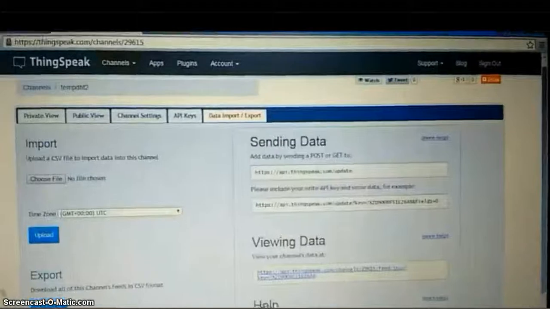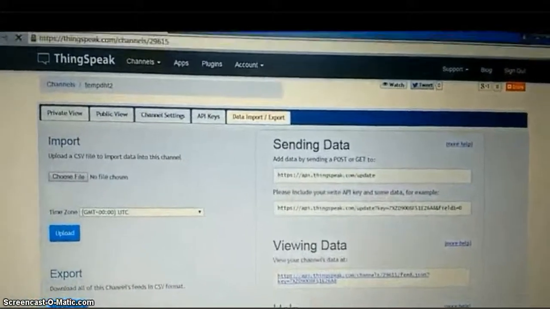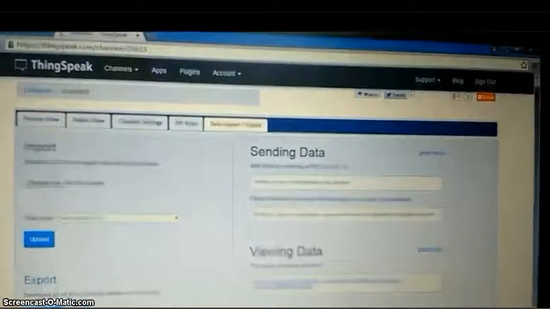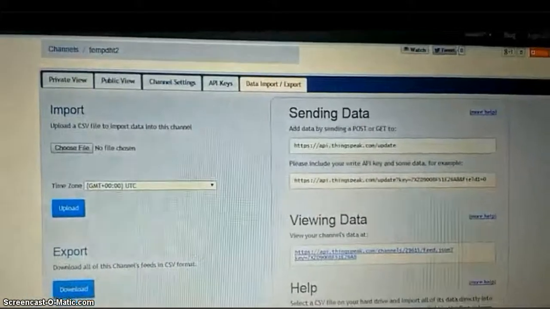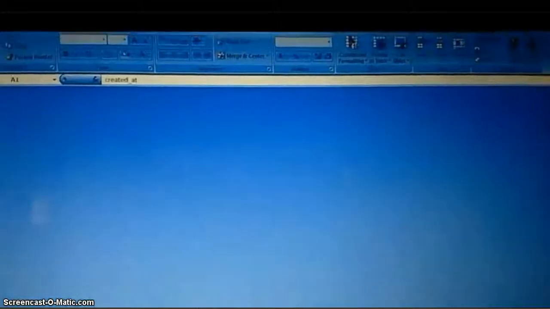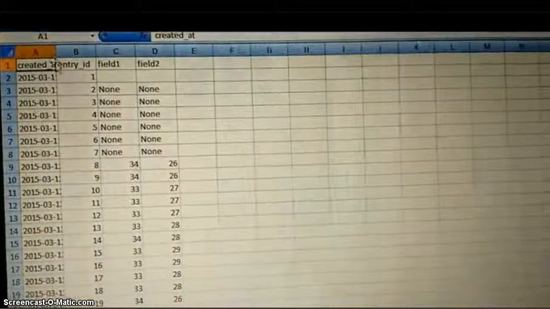The channel feed supports CSV formats for integration into applications. The data is stored in CSV files with the time and date of entry and the entry ID of the data. The CSV file can be downloaded and viewed.